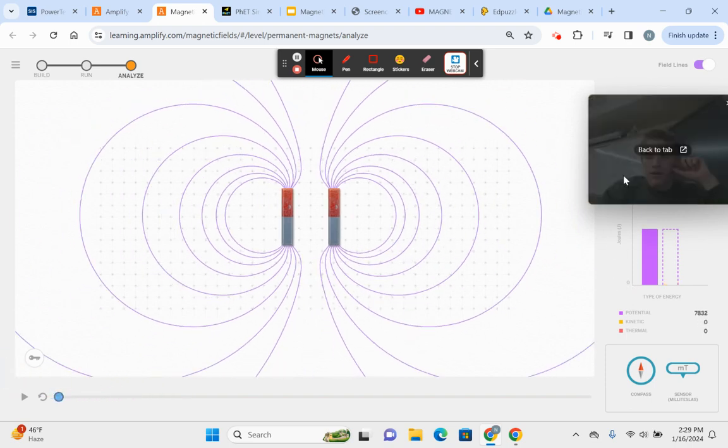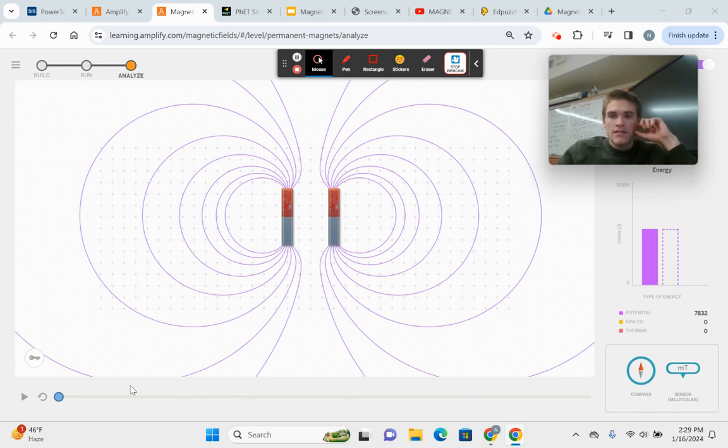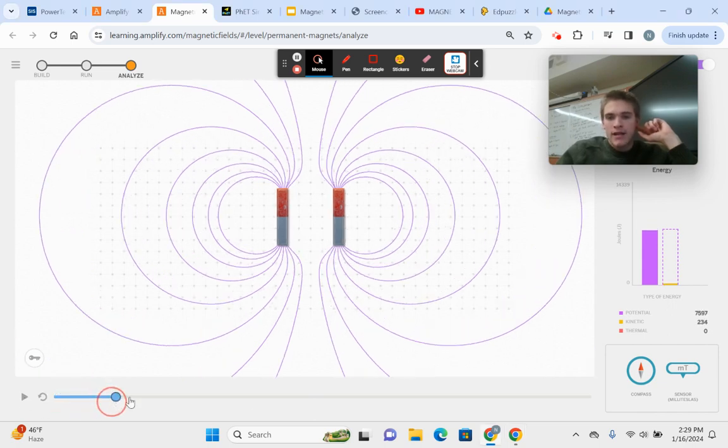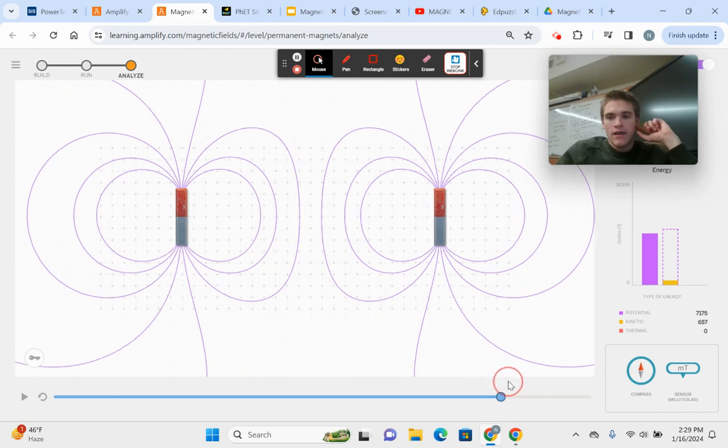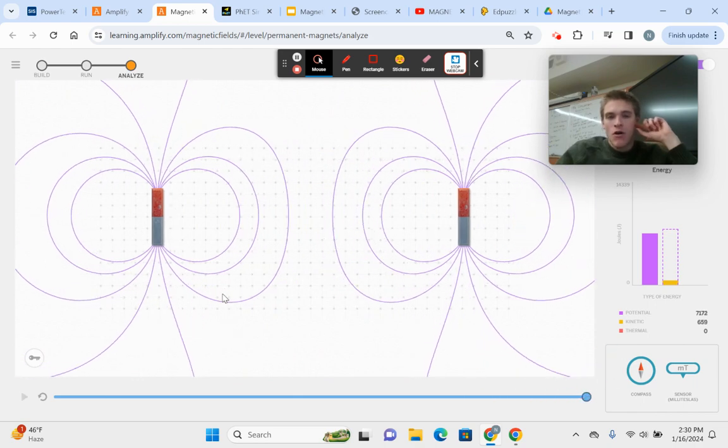all of this potential energy. Potential energy is the potential for an object to move, and it's stored in the magnetic fields surrounding the magnet. So when I put two magnets closer together, there's a lot of potential energy stored, 7,832. And as these magnets get further and further away, their magnetic fields are getting further away, which